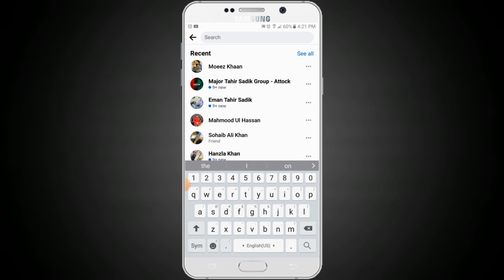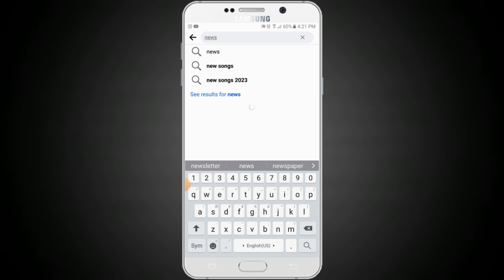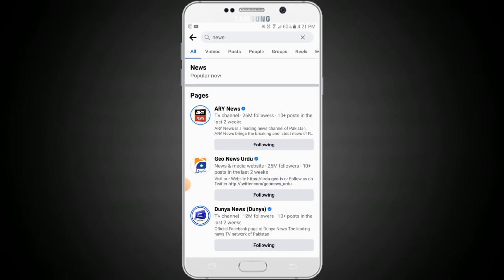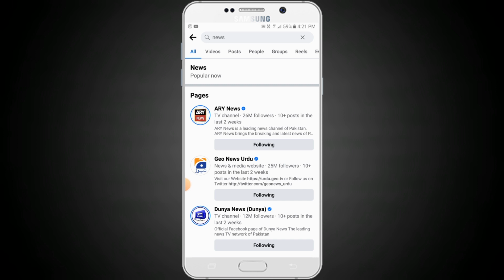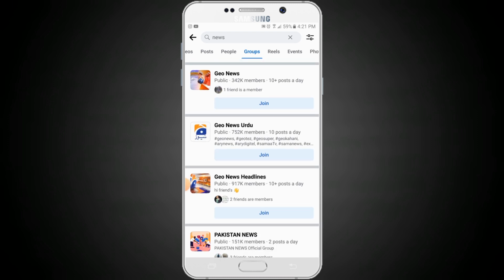Here we will search which category of group you want to join. We will simply tap here. We will write any news group, like we want to join a news group on Facebook. So we will search here "news", and here are the top pages. These are the pages. At the top you can see there is Groups. You will simply tap on Groups, and these are all the groups which you can join,